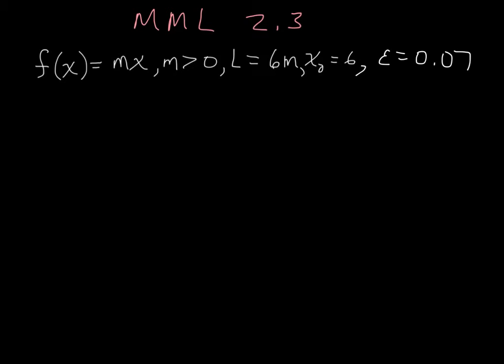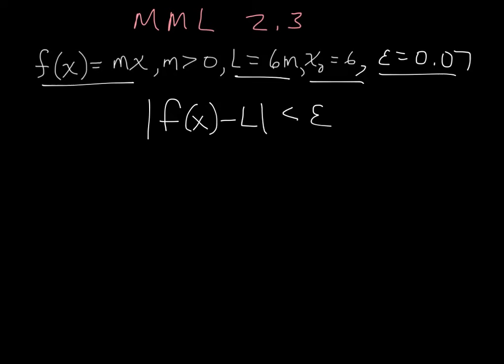Alright, so we're given this function f of x equals mx, where m is greater than 0. Our limit is 6m. Our value of interest, our x naught, equals 6, and our error is 0.07. And we want to find the open interval, so open interval means parentheses, that this inequality